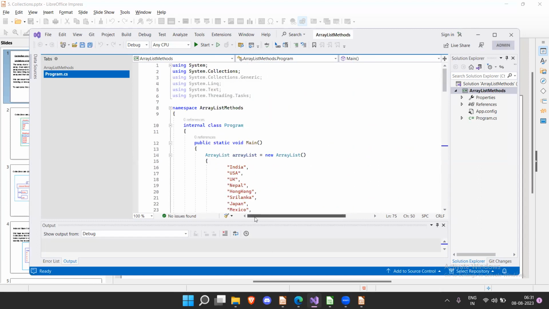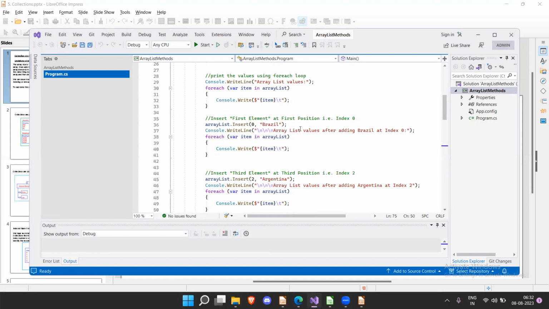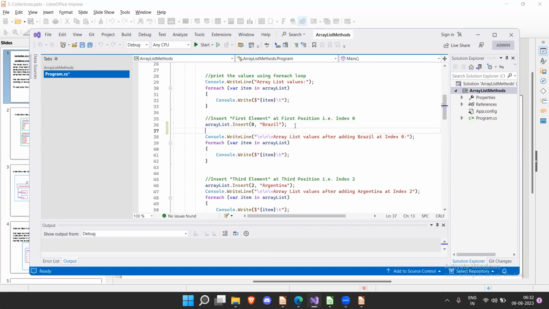Okay, so no need to worry, because it has lots of methods available for each and every class. And the good thing is that using Visual Studio Code, you can always access what are the methods available in the array list. If you see,